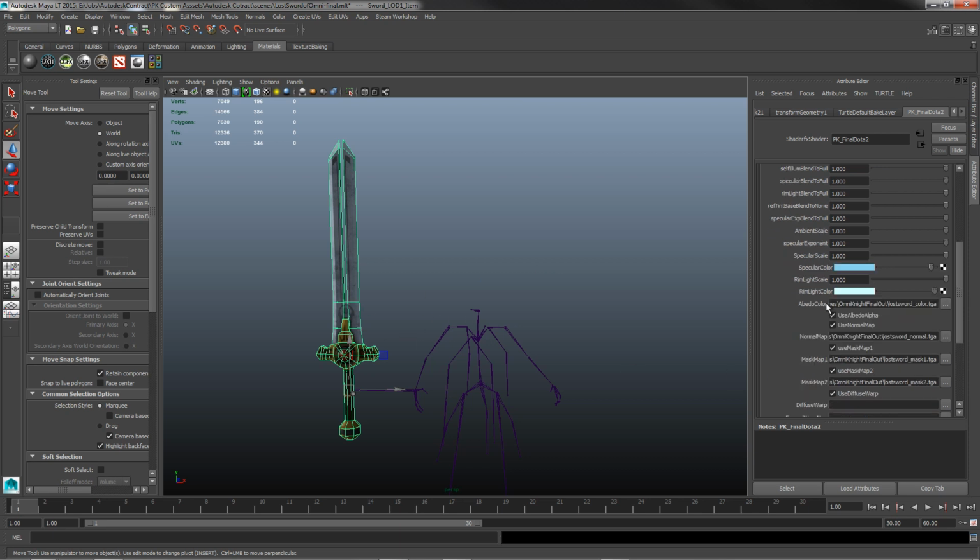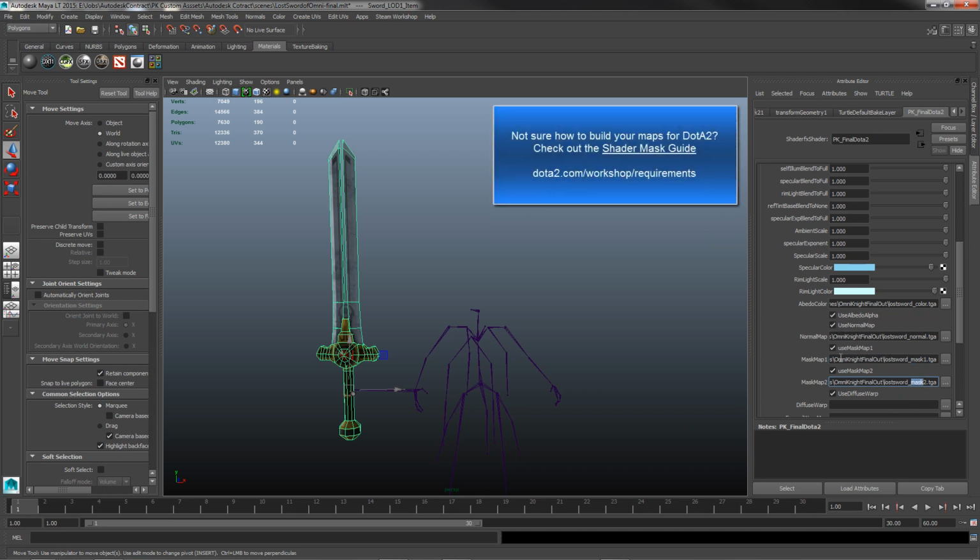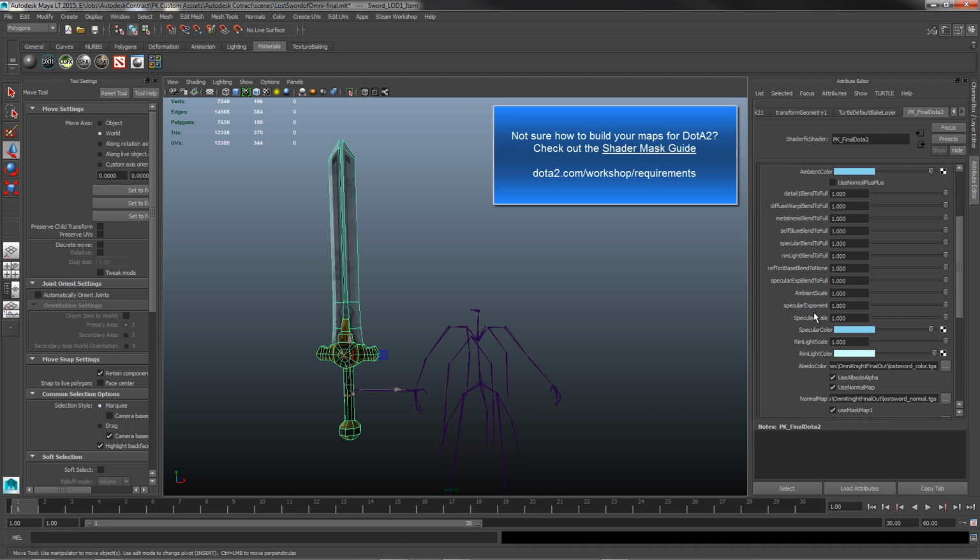So Base Color, that one you're just going to want to set to your color map. Your normal map you will want to set to your normal map. Mask map 1 you will want to set to your mask 1 map. And your mask map 2 you will want to set to your mask 2. Now it is important that you make sure all of these are selected and turned on. It is also important that you have them all named underscore color, underscore normal, underscore mask 1 and underscore mask 2. The details of this information can be found on the technical requirements page of Dota 2,